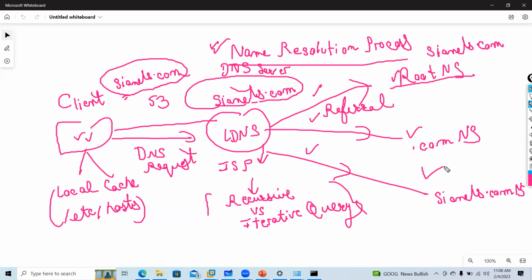Iterative DNS query means when the DNS client asks for a name resolution for cnets.com, the DNS server will provide the best answer it has. If the DNS server does not know the answer, it can give a reference to another lower level DNS server.